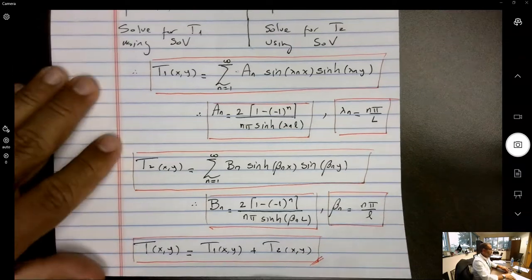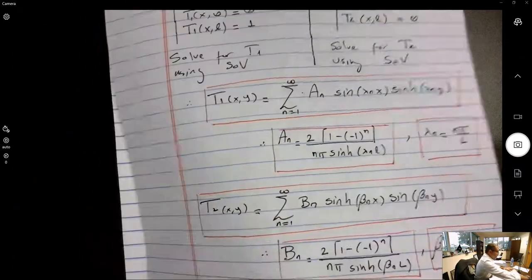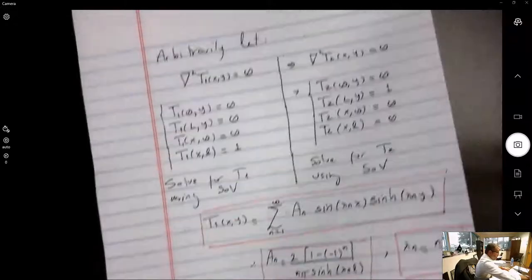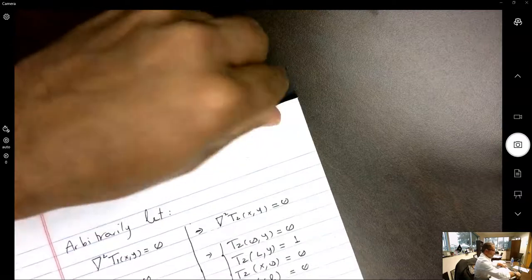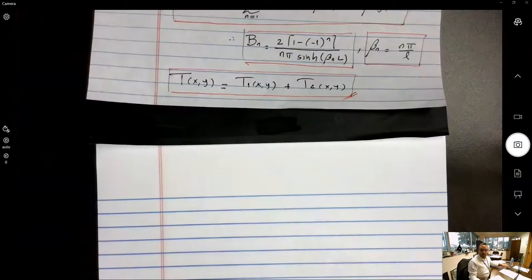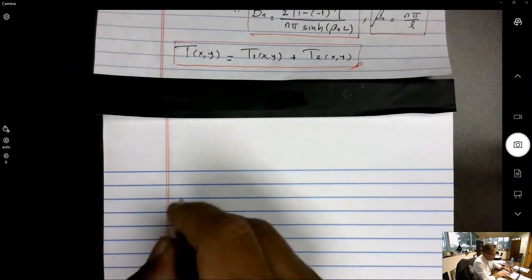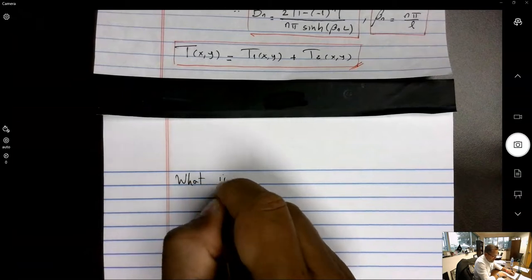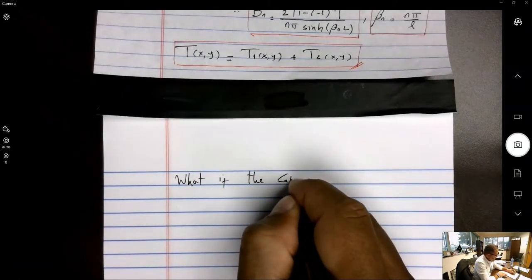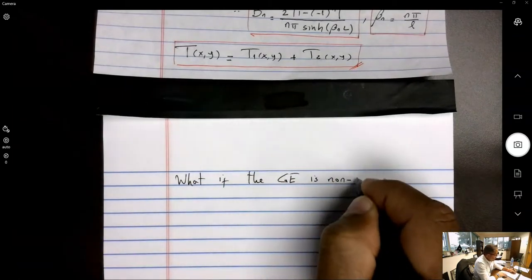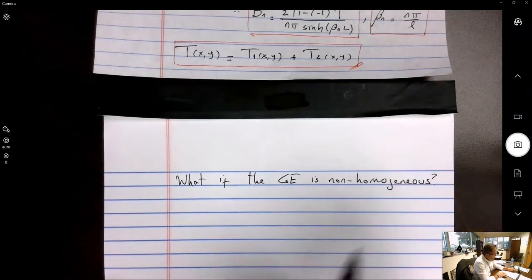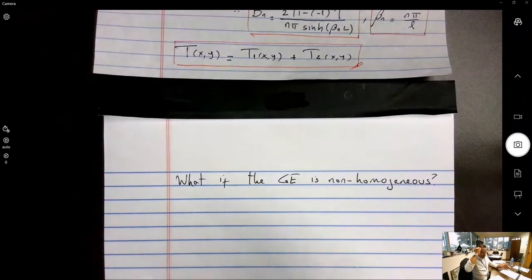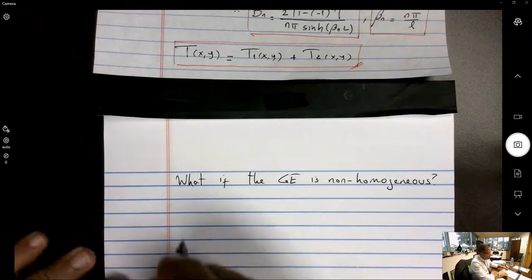Now, what if one of the non-homogeneous conditions, or even the only non-homogeneous condition, so what if the governing equation is non-homogeneous? Okay, you can have non-homogeneous boundary conditions, but also the equation could be non-homogeneous. So, for instance,